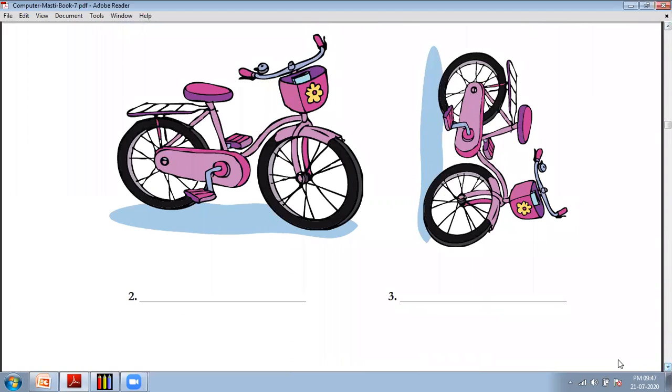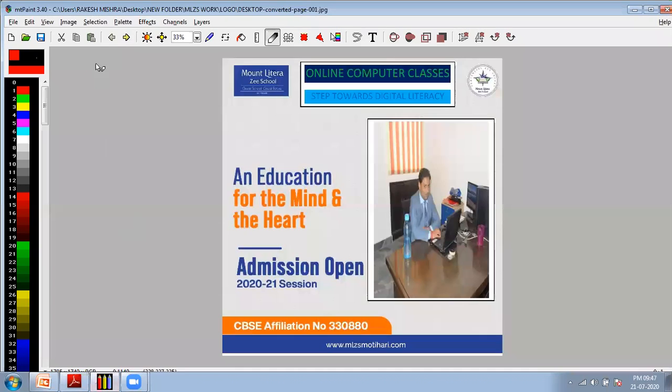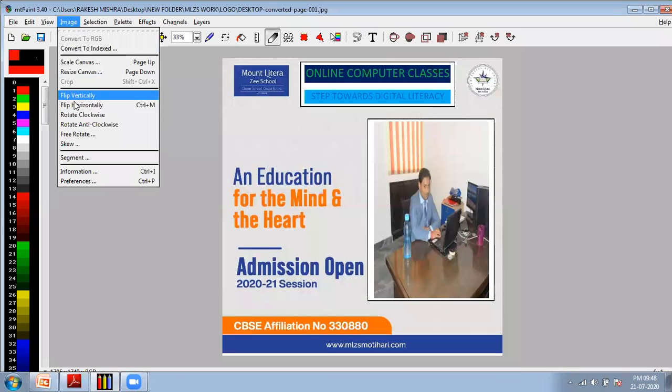So we can say that resize canvas has been done, meaning the width and height of this image have been changed. Here you can see it is rotate clockwise. So here the answer is rotate clockwise. All these options you will get from here: flip vertically, flip horizontally, rotate clockwise, under the Image menu.